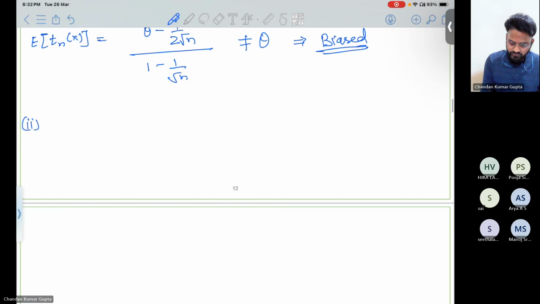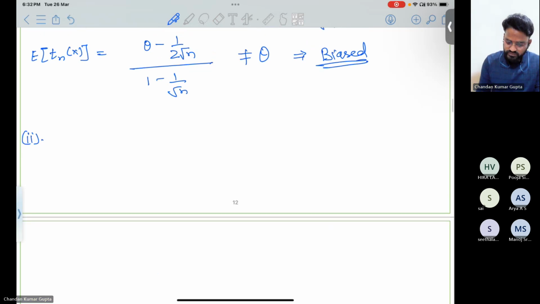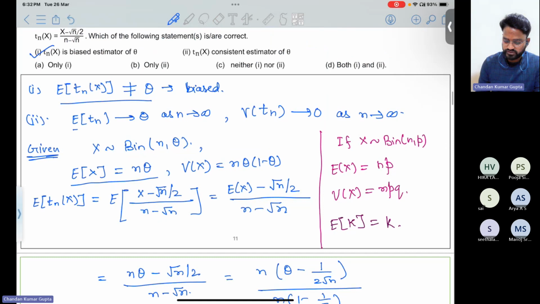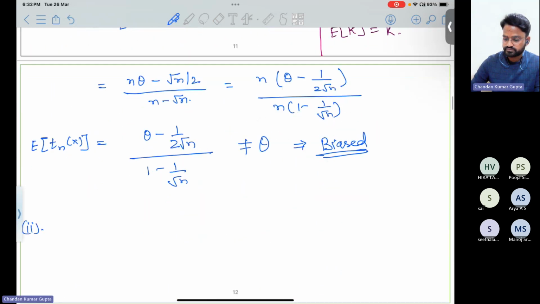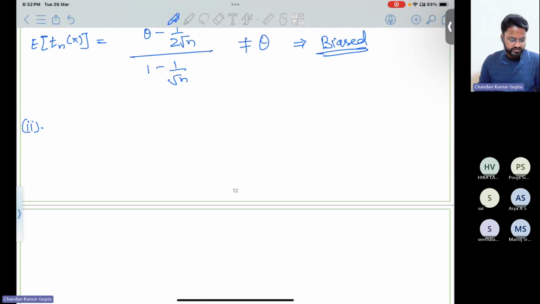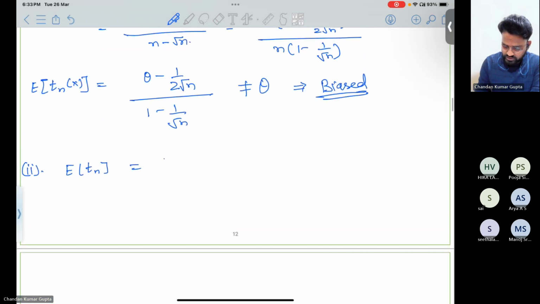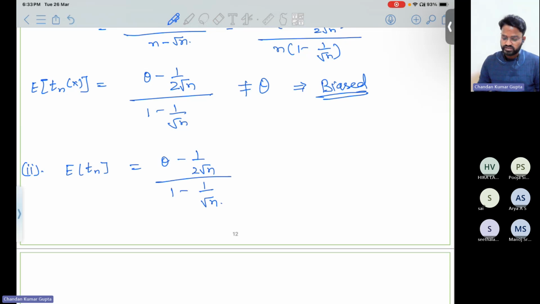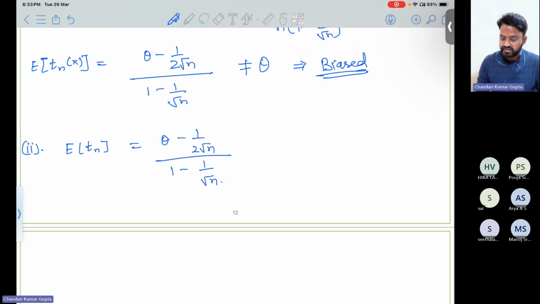And for second, we need to check the consistency. Okay. And for this, we will check whether the expected value of Tn for large n tends to theta and the variance of Tn equals 0. So it comes like, the expected value of Tn equals theta minus 1 upon 2 root n upon 1 minus 1 upon root n. Okay. So that means if we take n large, if we apply the limit,